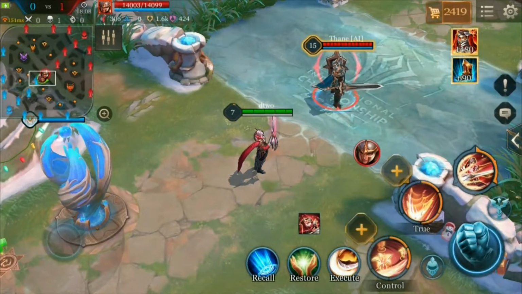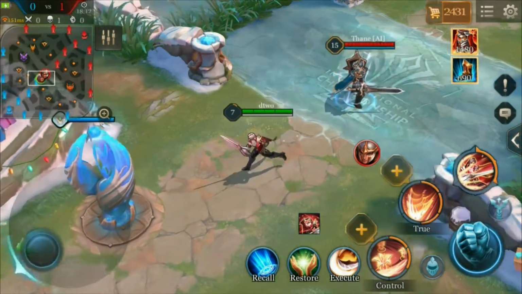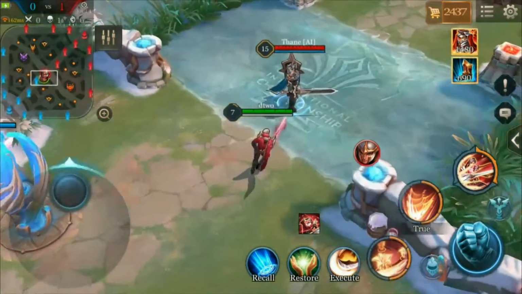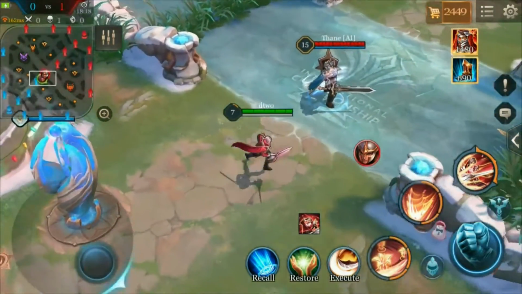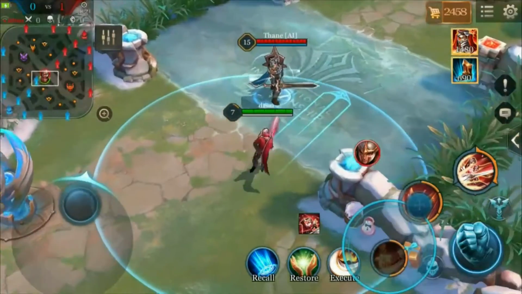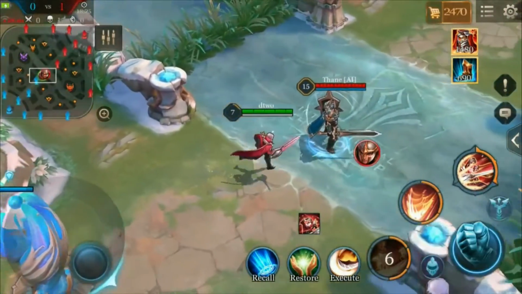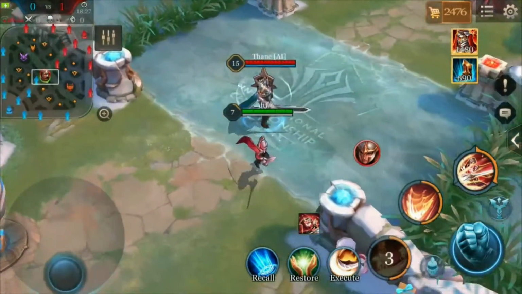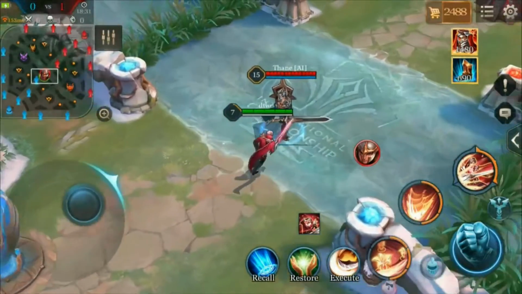So, how do you counter Florentino? Well, it's not that easy, but you have to remember that everything revolves around Blossom. Everything revolves around his flower. So, the first thing you want to do is make him miss Blossom. Better yet, get him in a compromising position and then make him miss Blossom and then chase him down and kill him. Because, like I mentioned, without Blossom, without his flowers, he doesn't have a lot at his disposal in